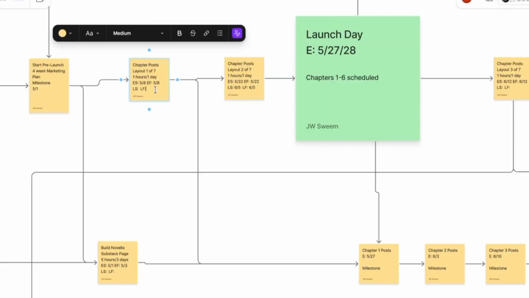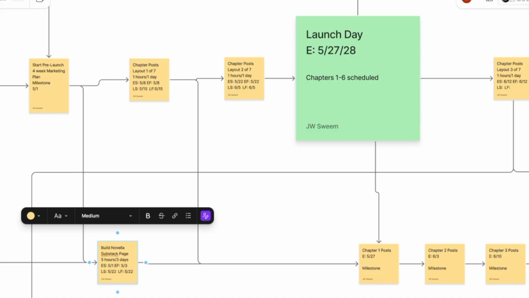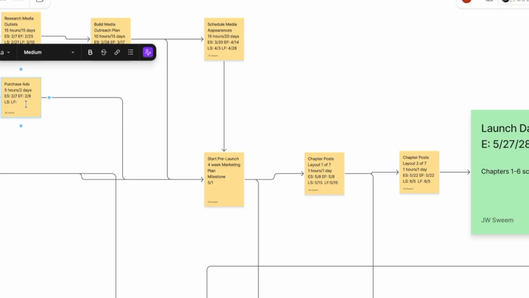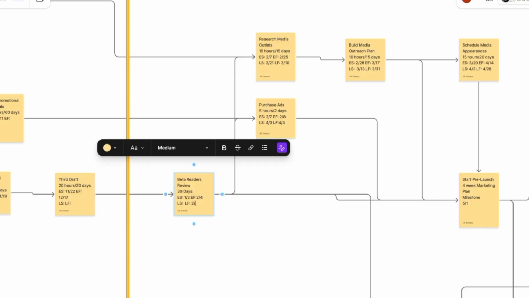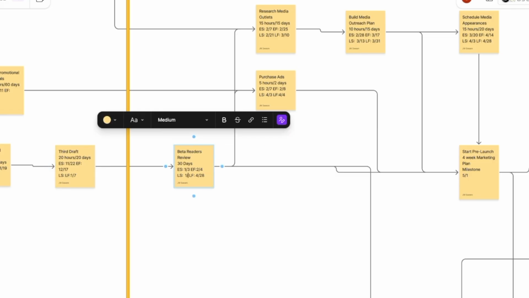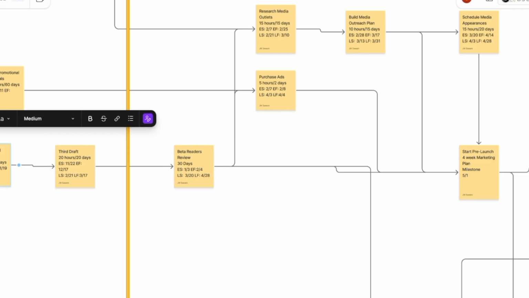All right, so I'm going to be doing it backwards now, starting with the launch date and going backwards and filling in the late start and late finish. What this is going to do for us is start showing us where we have some space, some gaps, where we can have some wiggle room. So we're going to fill this in, going from back to front,